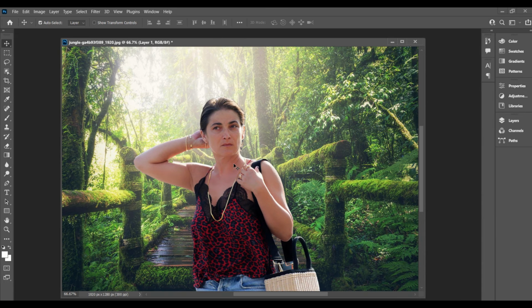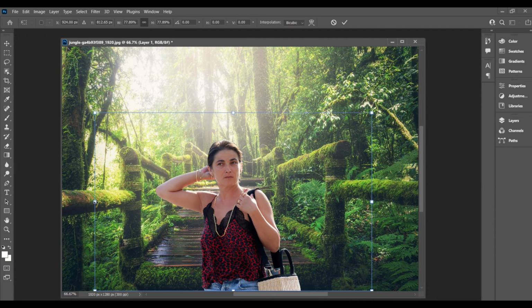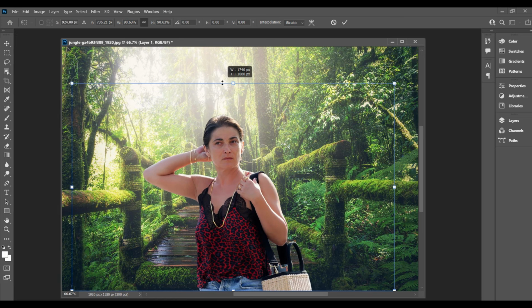If you want to change the size of your main picture, just go to your keyboard and press Ctrl+T. Here you can see the rectangle is there. You can just move it down and choose the picture size as per your preferences. So right now I just go up and choose this size. After that just press enter. Here you can see this is how our picture will look, this is my main picture and this is the background.